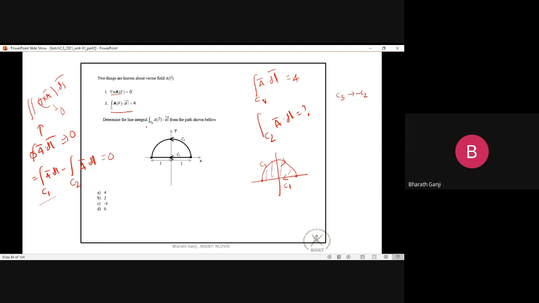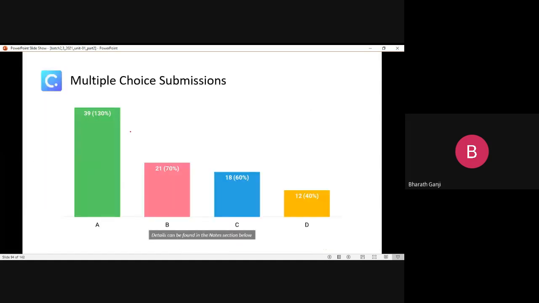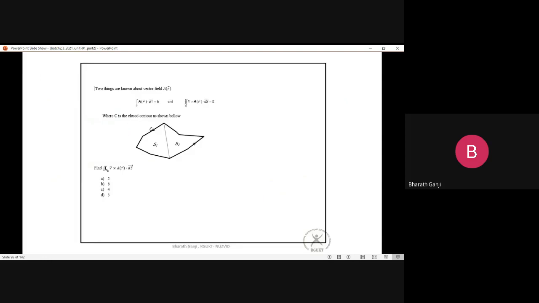So if this is equal to 0, then this integration is nothing but equal to this value. So the answer is 4. So I think most of them got the answer right. Right. So the last question for today, I mean for this topic, is